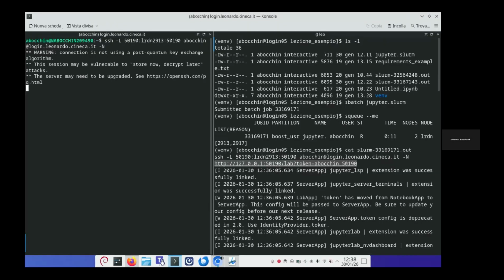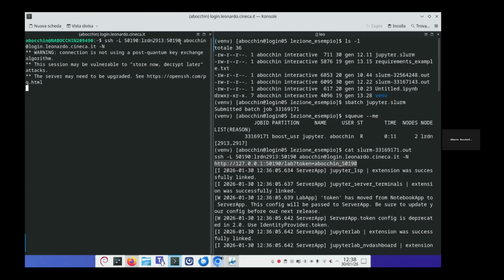So I open my Firefox, I go here, the line below, and ask Firefox to open with HTTP my computer, so my workstation, port 50190. So this is the token that you see afterwards. It's a password so that nobody can use your Jupyter notebook, even if they discover the port when it is running. So you see that I connect to localhost, my machine, on this port. The process that is listening on this port is this tunnel. This tunnel will redirect it